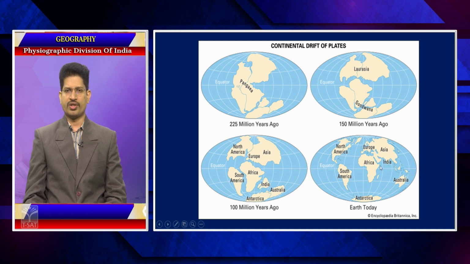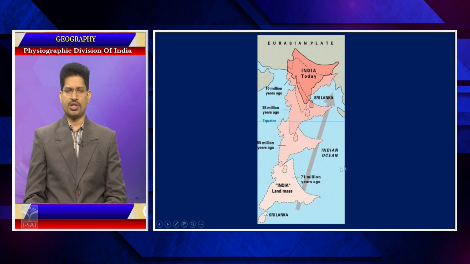In this process of drifting, there was a gradual build-up of pressure between the Indian plate and the Eurasian plate. The northwestern part collided with the Tibetan plateau region and led to the formation of folded mountain parts in this region. Later, the Indian plate moved in an anti-clockwise direction and led to the formation of the longest and highest folded mountain chain in the world. The longest is in South America. So, this is the highest mountain chain in the world.